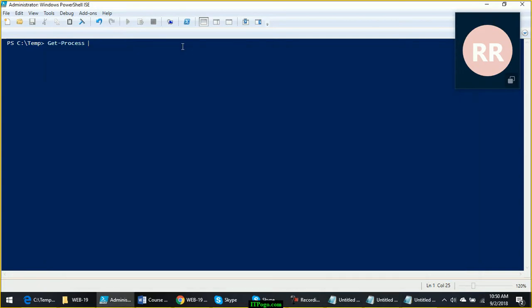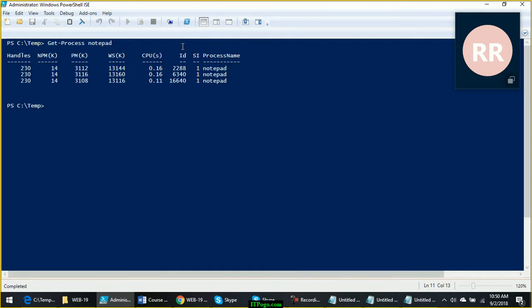Now when I run this command Get-Process notepad, it will show me all the instances of this application, and you can see these are having different IDs, like CPU, working set, page memory. These are the things which are almost same, which are consumed by this process.